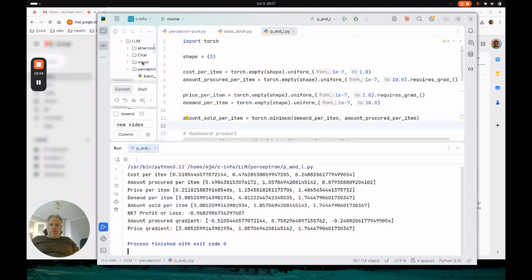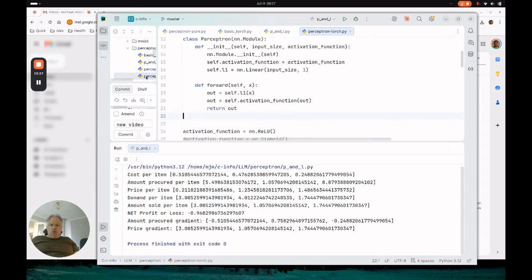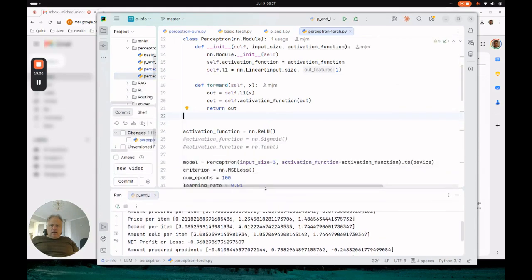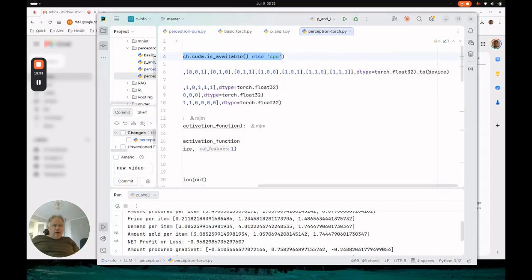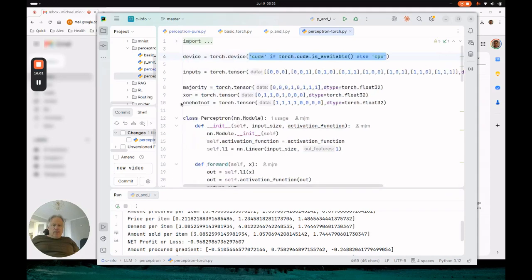Let's do the perceptron problem, but let's show it in Torch. Okay, so this is here. What we have is some interesting stuff going on here. Notice right here, if CUDA, okay, so what's the device we're going to use? And this is some nice coding here, which says basically, if we can put it on CUDA, so if we have GPUs, let's say that the device is going to be CUDA, and then the inputs are right here, and we put those on the device. So this is going to push it over onto the GPU,